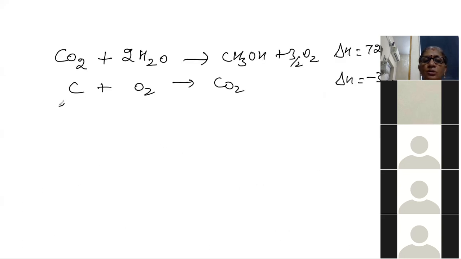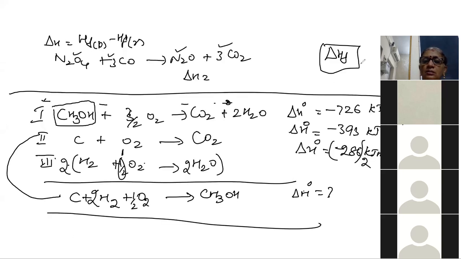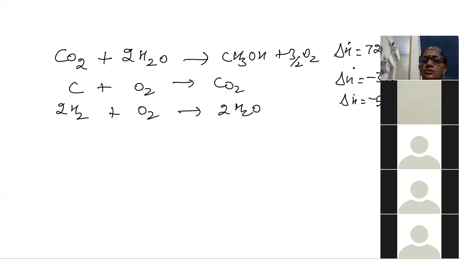So shall I write this? Are you all able to follow? 2H2 plus O2 gives 2H2O. Del H naught is, how much is it? Minus 572 kilojoules per mole, right? Now,